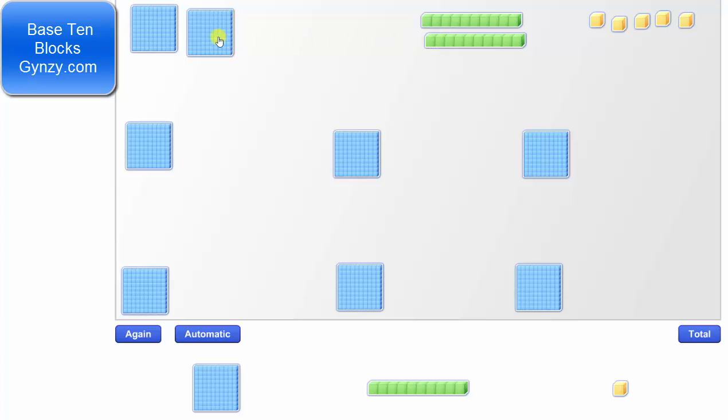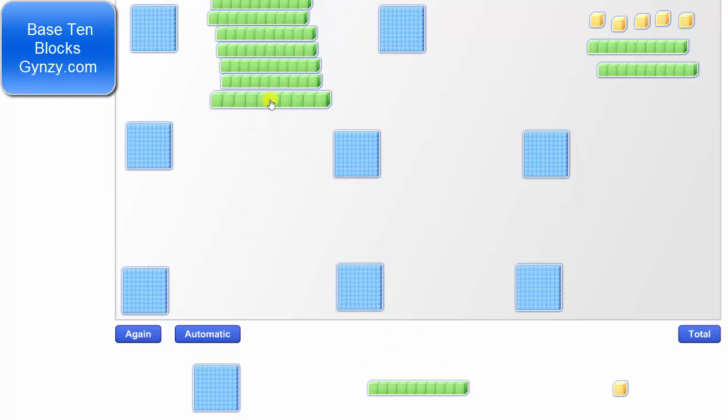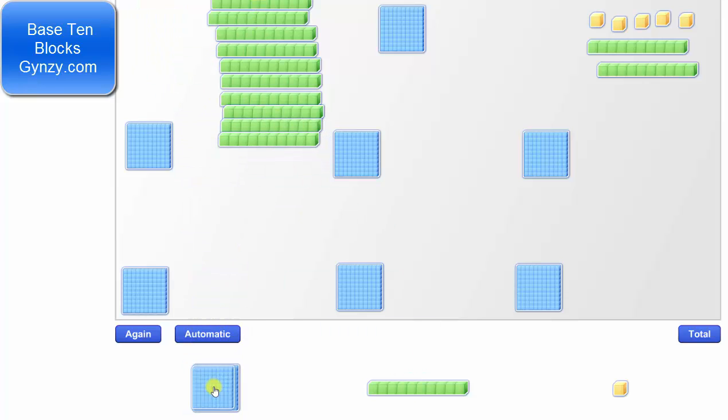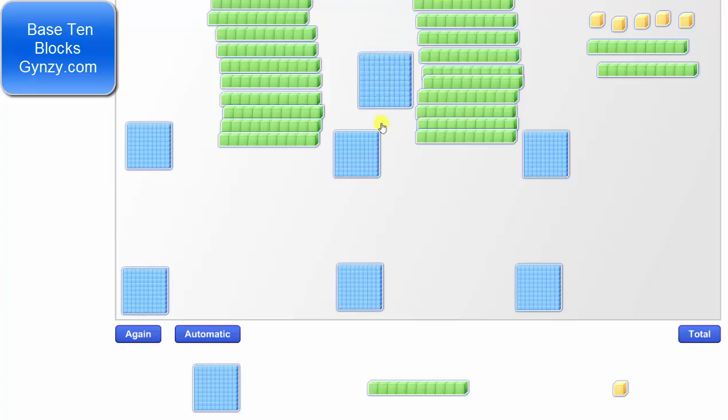10 rods equal 1 flat, and therefore we will exchange 10 rods for this flat and 10 rods for this flat. Before we do this, let's move these 2 rods over here, and now we'll perform the exchanges. We will now exchange these 10 rods for this flat, and now we'll do the same for this flat. Now we exchange these 10 rods for this flat. Now we have a total of 10, 20, 21, 22 rods, which we need to try to share equally among